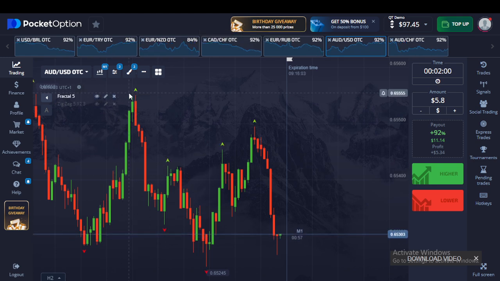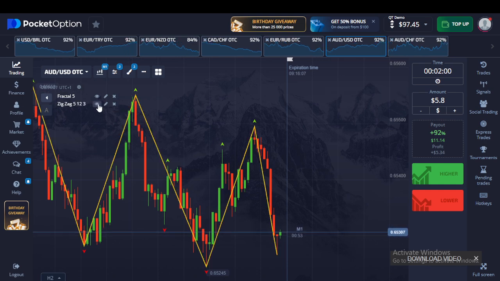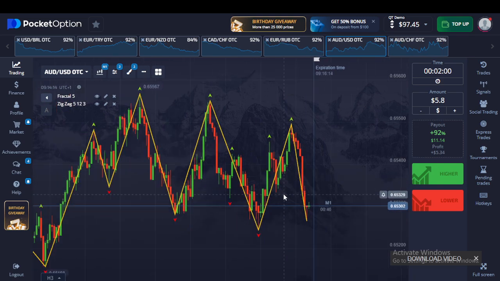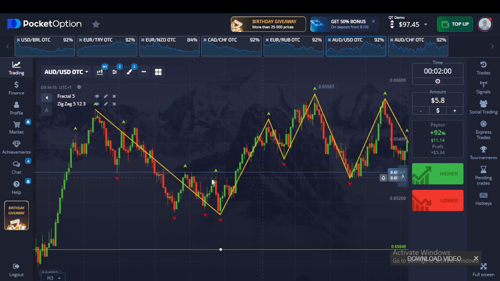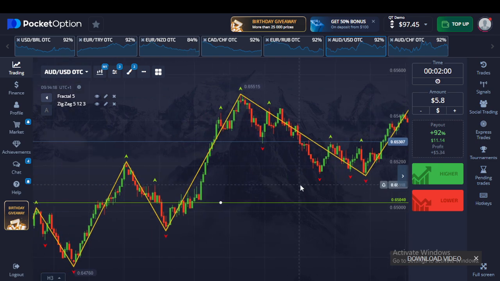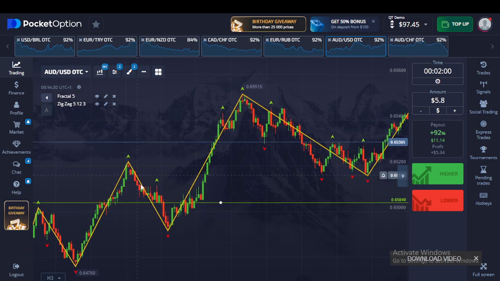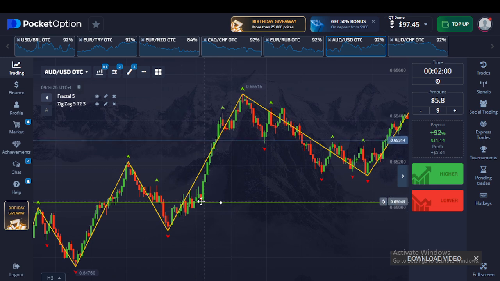This fractal, I just use it to know my high. That's all. And this is to know my trend, okay, the zigzag. So what do we need? If many of you know what market structure is, this is higher high, higher low. Anyway, I'm not going to be doing higher low because I mix them for lower low, lower high. So I'm just going to show you like this is a high, this is a low,